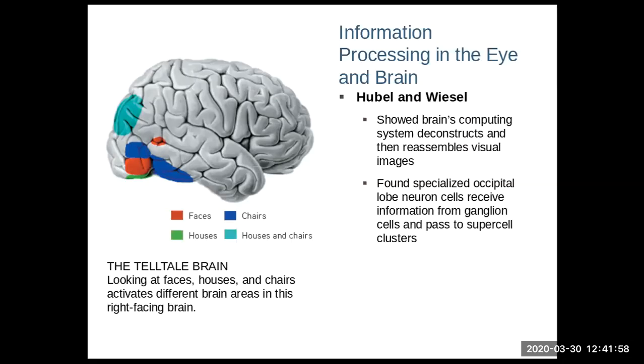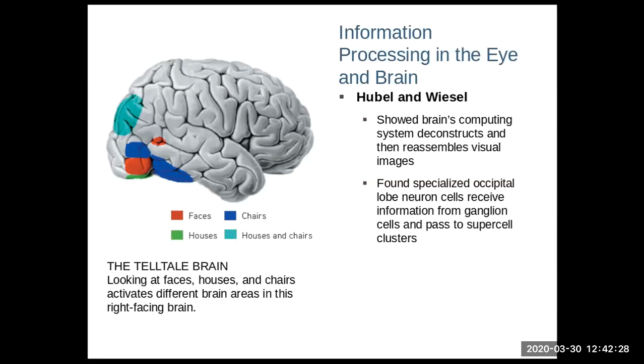So as you can see from here, there are special clusters of neurons at the very bottom in green that, when people were looking at houses and they were recording cells, are the cells that basically had action potentials and did their thing. When they were looking at chairs, it was these clusters of cells in the color blue. Looking at faces, it's those two little areas, the bigger one above the green and then a little tiny one above the blue that recognize faces.